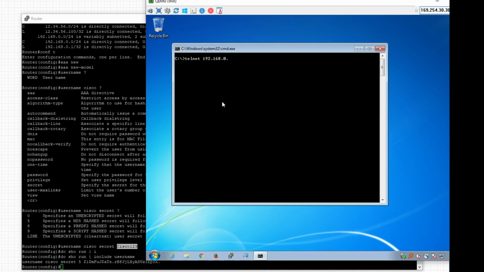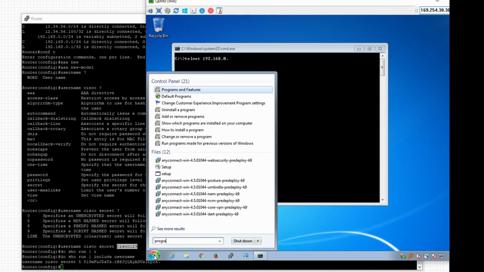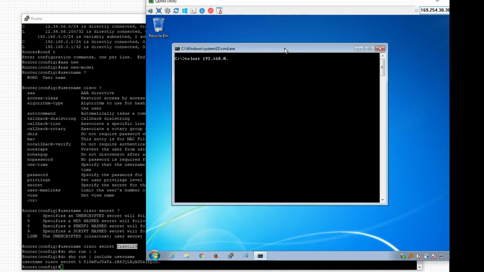So on the Windows, I'm typing telnet. I'm not using an SSH client. Keep that in mind. I'm using telnet because telnet is still enabled. And by the way, telnet is not enabled by default on Windows. You have to enable that. You go into programs and features, and then you enable the telnet client. And then telnet